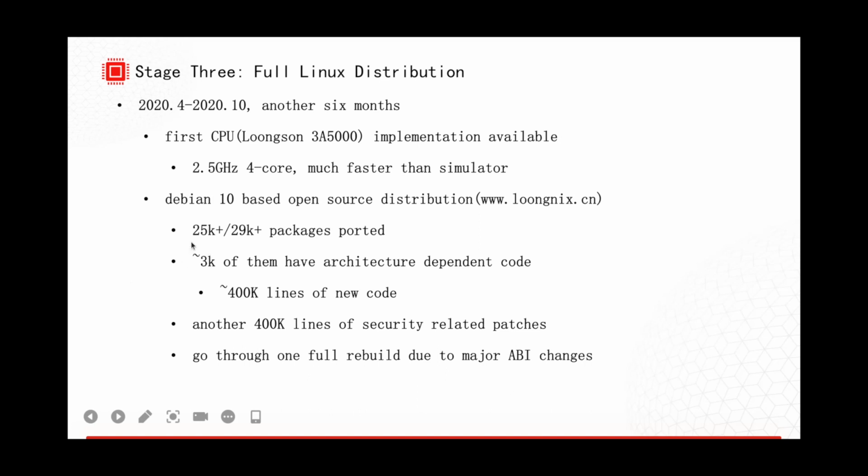Among these 25,000, around 3,000 of them have architecture-dependent code. Roughly, the statistics are that about 400,000 lines of new code, so all kinds of architecture support, and plus another 4,000 kilobytes lines of security related patches. At this stage, we go through a full rebuild due to a major application binary interface change.